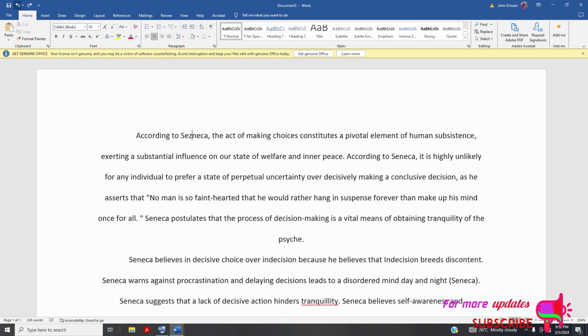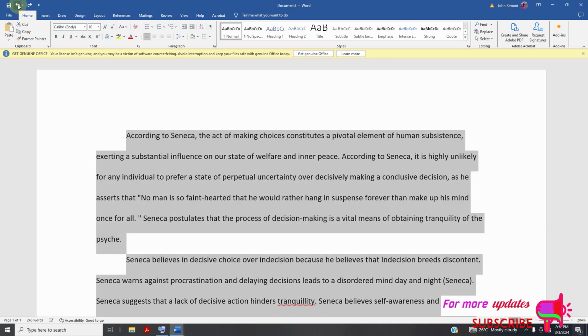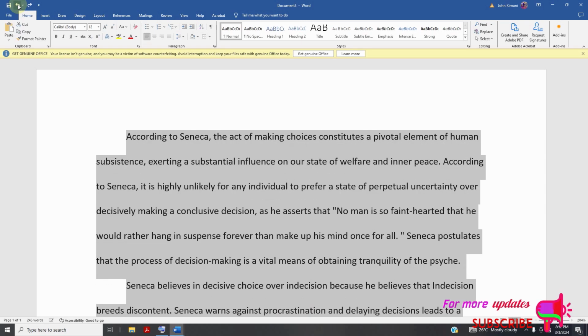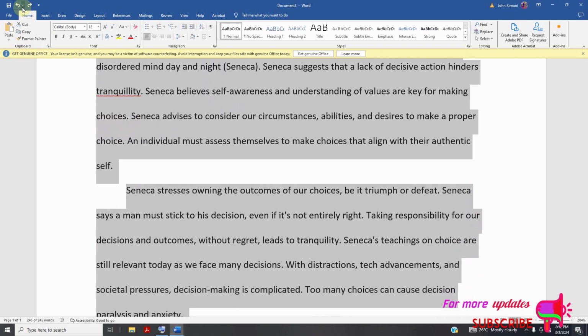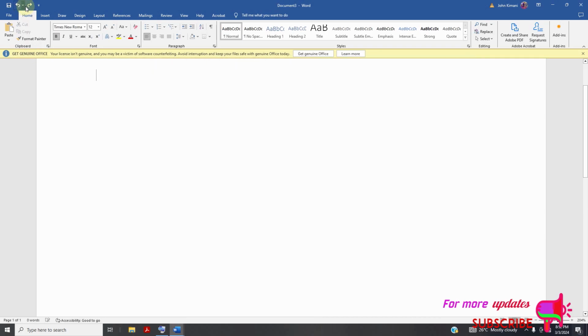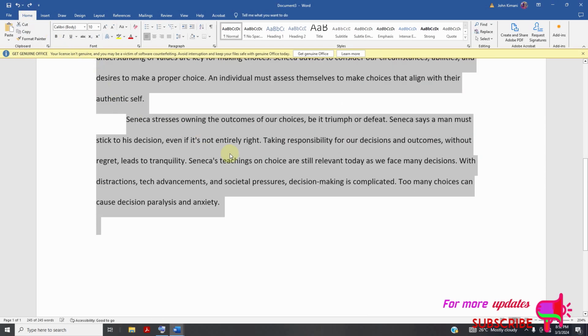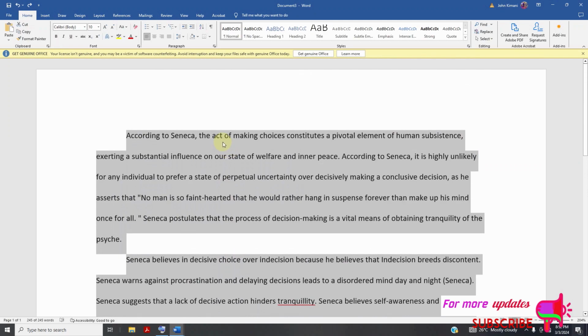Okay, Control Z to undo. I'm just hitting Control Z, and you can see I'm at the starting point, or I can just click here, or just like that. Okay,